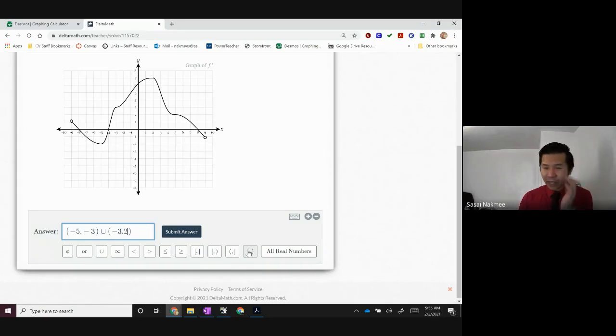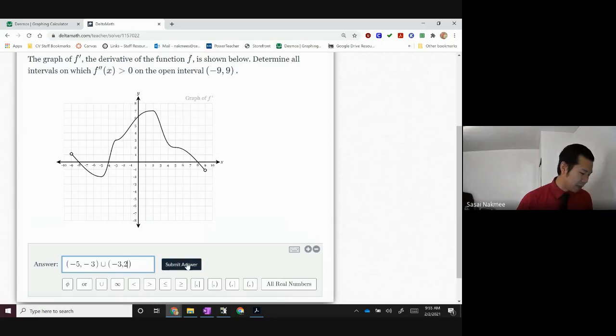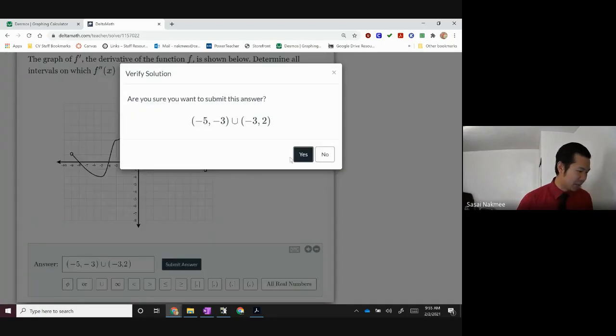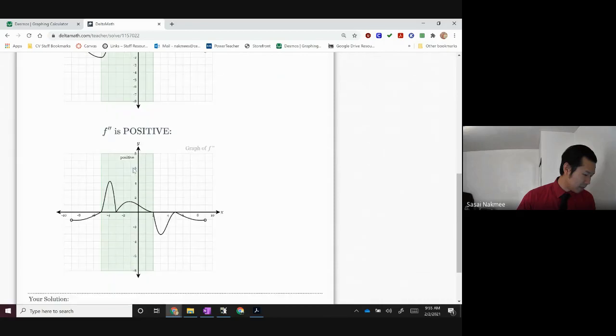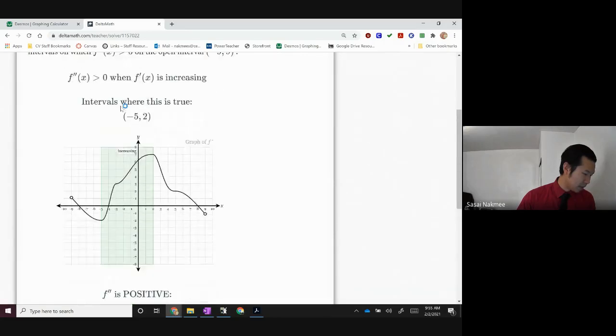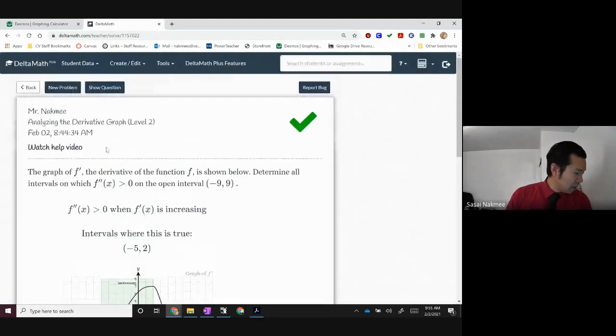Now, why don't I include -3 as part of where it's increasing, even though you can kind of see it's on that interval? I'm believing at -3 the derivative is going to be equal to 0. Now, I could be wrong because my eyes could just be playing tricks on me right there. But I'm just going to go ahead and go with it. This is a bad example. I should have picked another one. But all we've got to do here is mark that it's increasing from here to here. Well, it looks like they would have accepted it from -5 to 2. So they would have taken that point. But anyways,